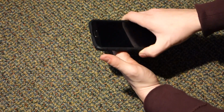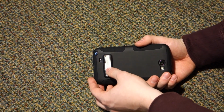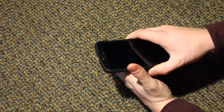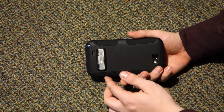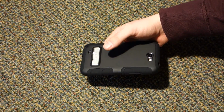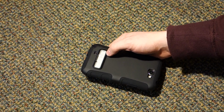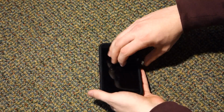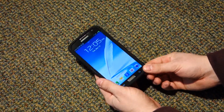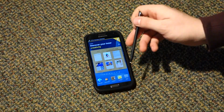I was going to say, that is one of the issues with a weaker magnet, is that if the phone lands or bounces, and I'm not doing this terribly hard, it is possible for this kickstand to pop open and possibly be damaged. But that's really necessary because if you use a stronger magnet, it will interfere with the S Pen, because the S Pen Wacom technology uses a similar type of